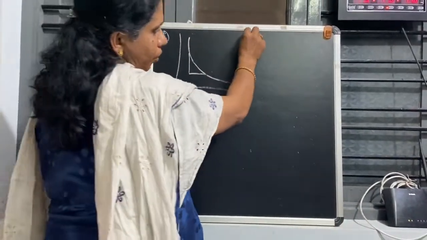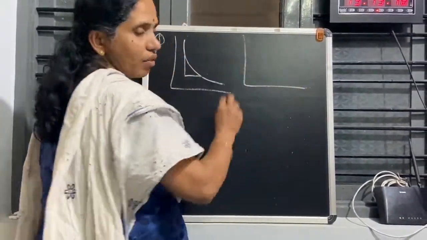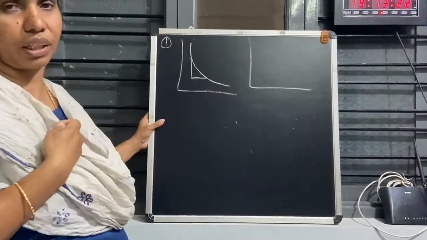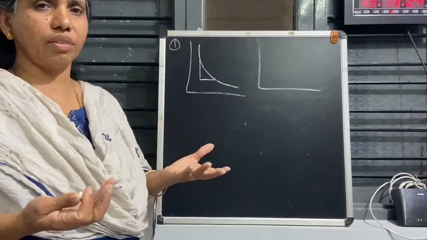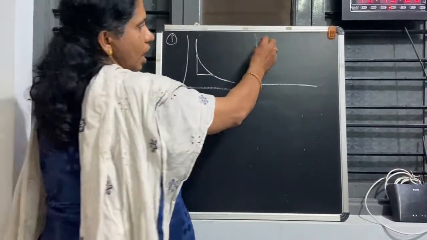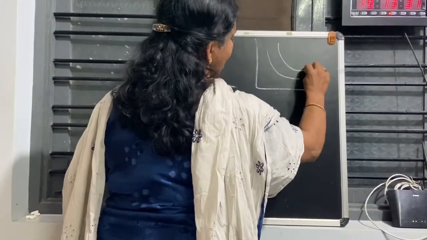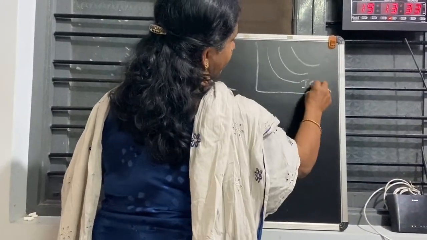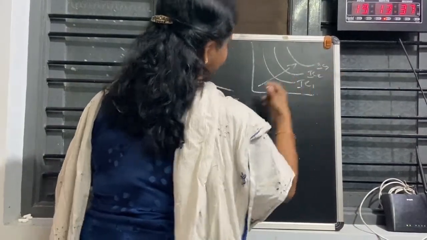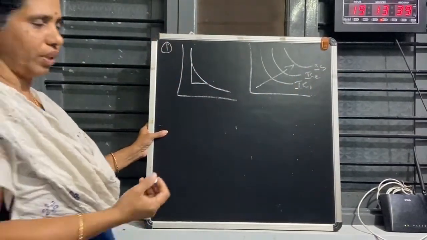Another thing I already told when I explained indifference curve: a higher level of indifference curve shows a higher level of satisfaction. Obviously we are the consumers, no? When you have more goods, you will be happy or not? That we call monotonic preferences. So a higher indifference curve shows a higher level of satisfaction. This is another feature. There are 4 or 5; any 3 or 4 we write is enough.